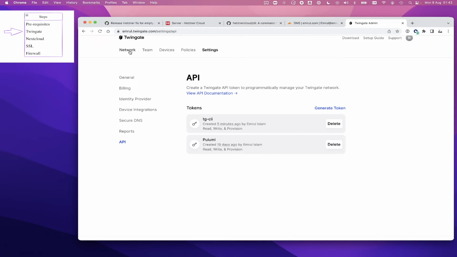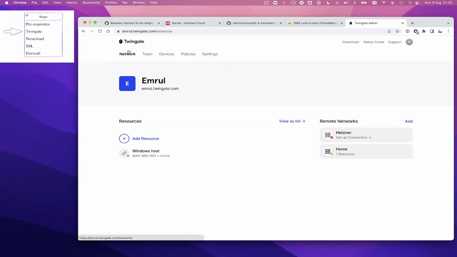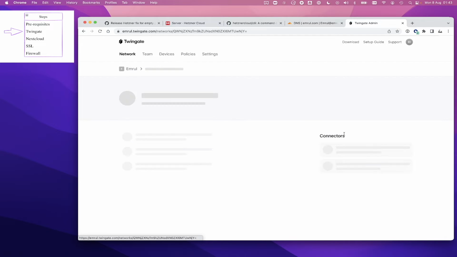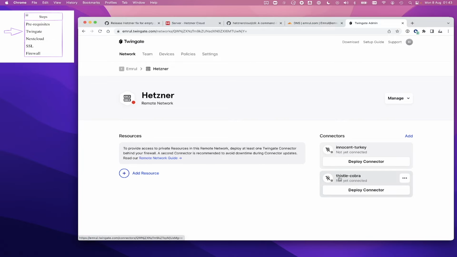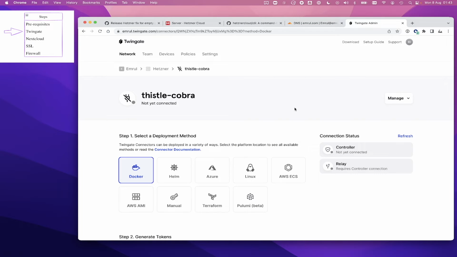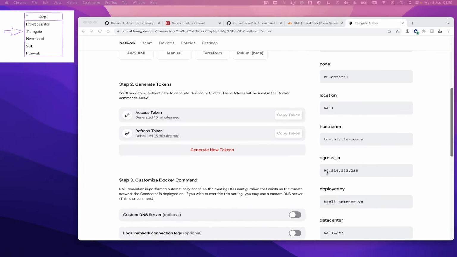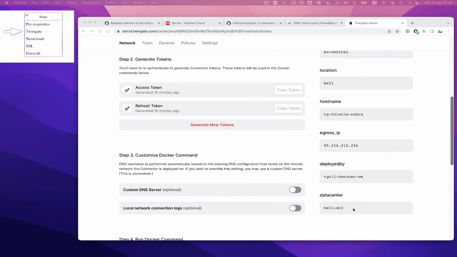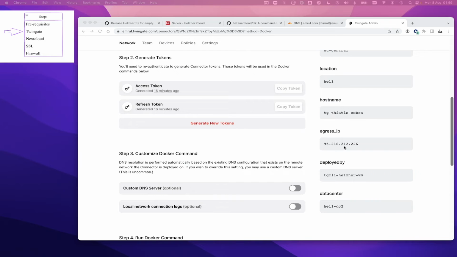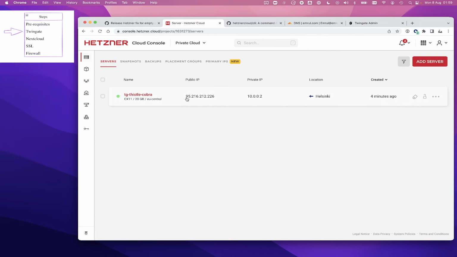What I'll do now is click on the network tab in the Twingate control panel. I'll go to my Hetzner remote network, then to the connector that I've just deployed, and I just need to wait for a couple of minutes for this connector to come online. Okay, the connector is now online, and I can see some metadata around where it's deployed, what the outbound IP is, etc. So it's got a public IP of this,